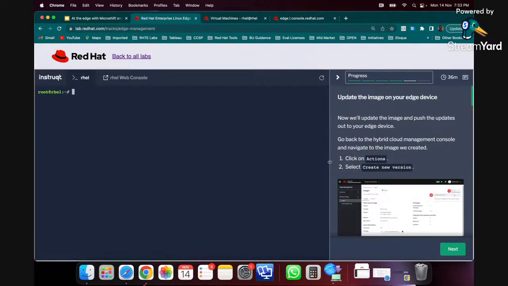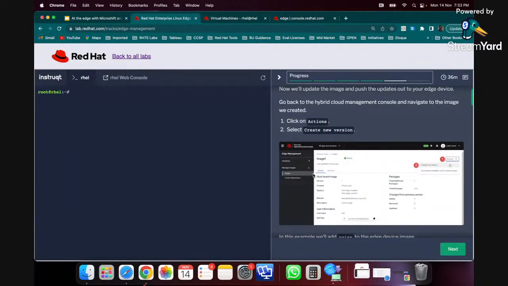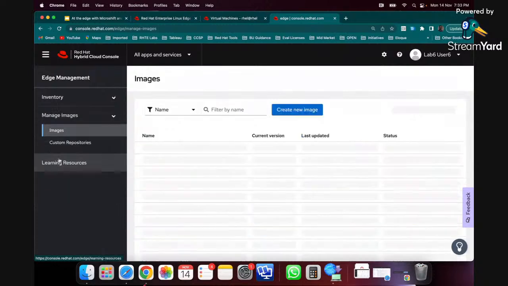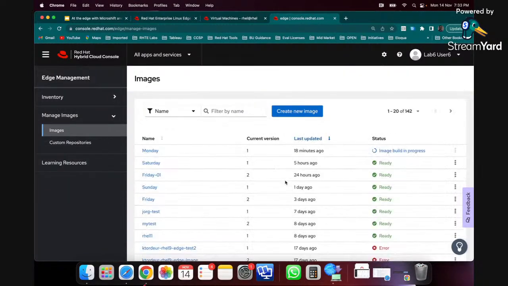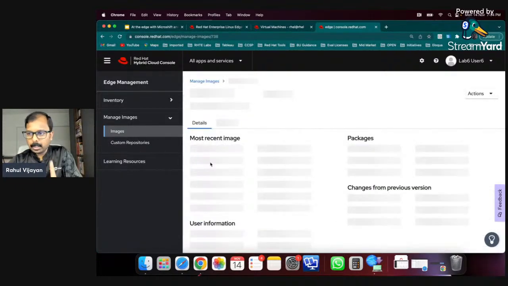In order to do that, let's get to the image, which is in the hybrid console, and then update that image with one more package. So go to manage images. Let's use Saturday, the image Saturday, because Monday is still building. The lab is really fast. So let's use Saturday as an image, which I created 2 days before to do this part of the lab. So I go to Saturday, the image which I created 2 days before,